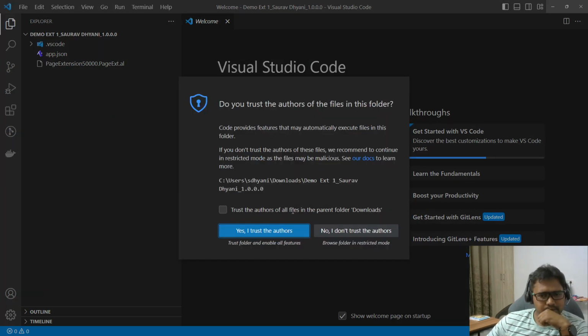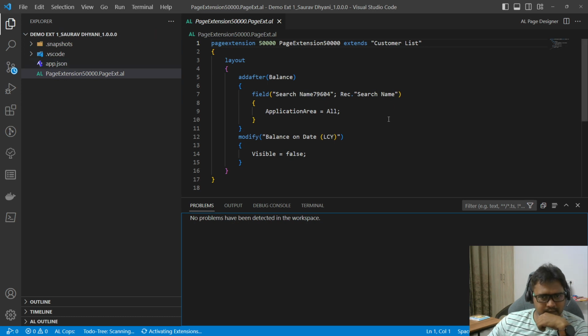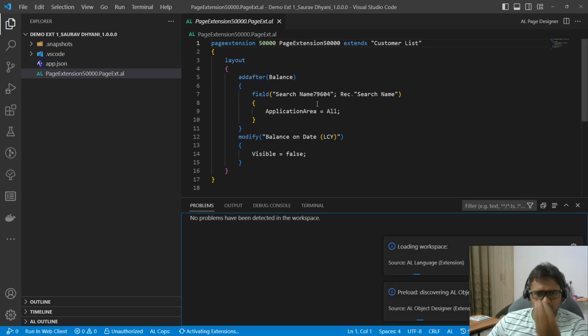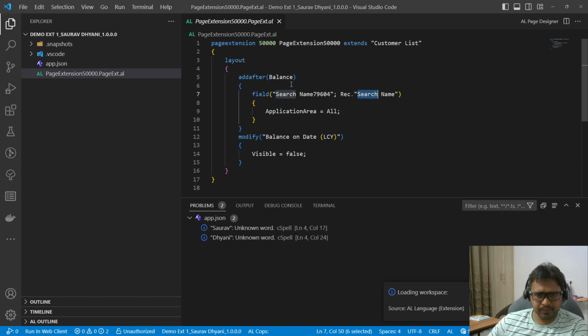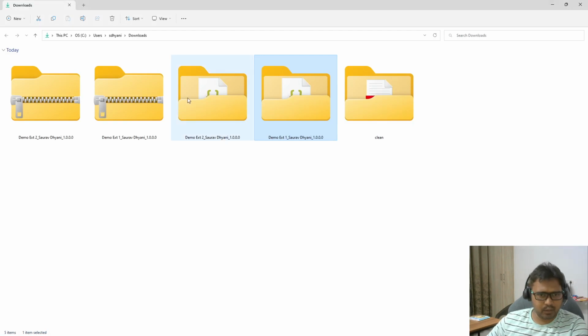What does the first extension bring into the picture? It says that I have created a page extension where you moved the search name after the balance field. And then you also modified balance as date to visible false. Now remember, it is using the number 50,000 because that was the first number that was available at that moment. In the same way, when I open the second one in VS Code,